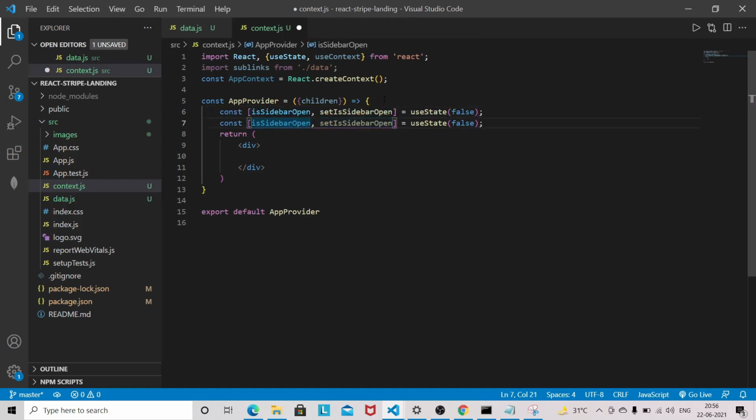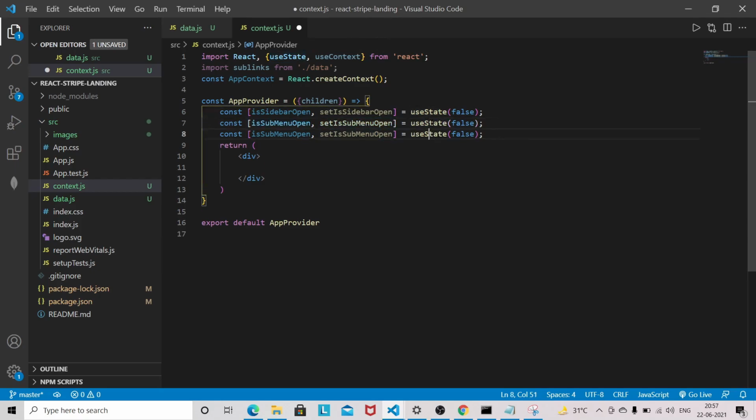So this will be the submenu. So isSubmenuOpen, setIsSubmenu, and the initial state will also be false.